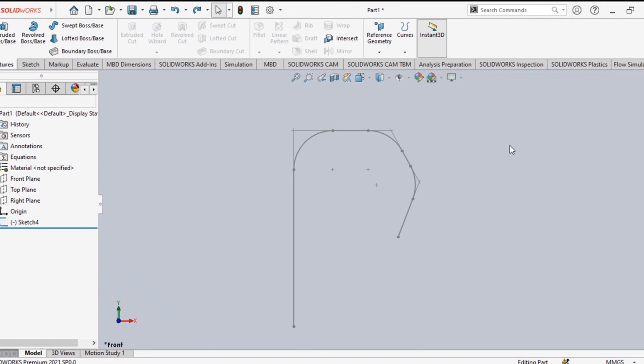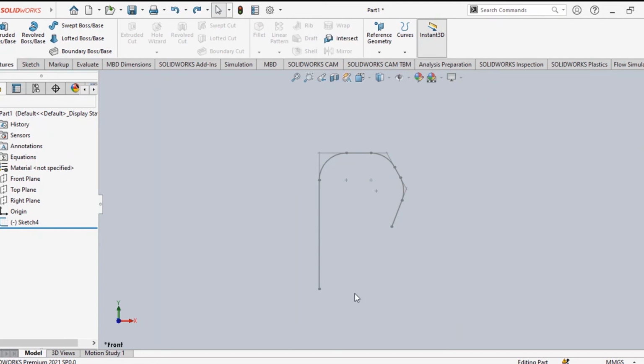Now, you have to draw different planes at different angles. This is the path, and if you want to draw any profile, that profile should be perpendicular to this path. Remember one thing, you have to make a profile which is perpendicular to this path, right? So how to make this? This is the front plane. So you have to make one object in the top plane. Try to understand what I am talking about. You have to make one specific cross section.